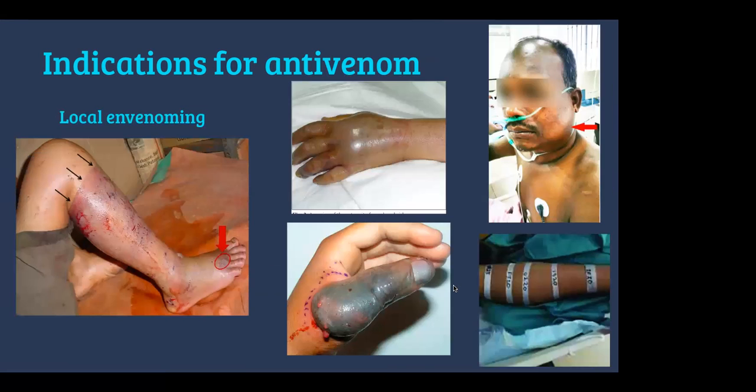So moving next, just now we were talking about the systemic envenoming. So this is the local envenoming. For local envenoming, we look at the bitten side. If there is local swelling involving more than half of the bitten limb within 48 hours, in the absence of a tourniquet, that's an indication for antivenom. Or swelling after bites on the digits, especially the fingers and toes, or any rapid extension of the swelling, for example beyond the wrist or ankle within a few hours of a bite on the hands or feet,